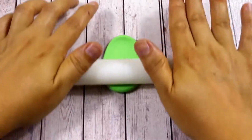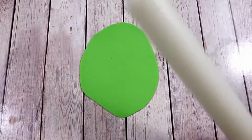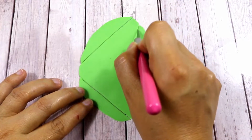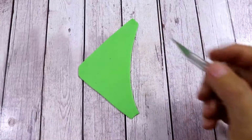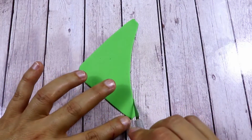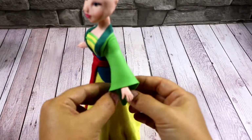To make the top sleeve, first of all we need to roll some green fondant, and then we're going to make this kind of shape, which is almost a triangle, but as you can see it is not straight on the right one, it is a little bit more curved, and this is going to help us make the right sleeve. So now let's put it all around the arms,